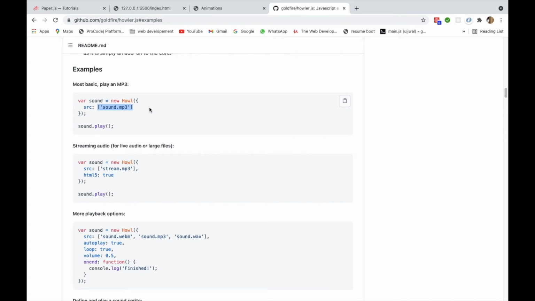We are going to play a single sound, so there will be only a single element in it, and we are going to store that in a variable, and then play the sound by using the play function, with the dot operator between them.